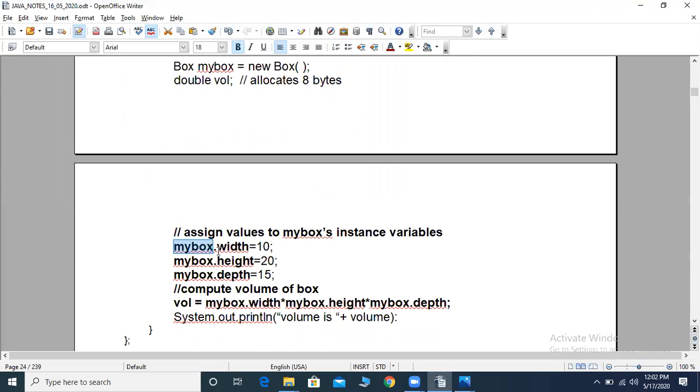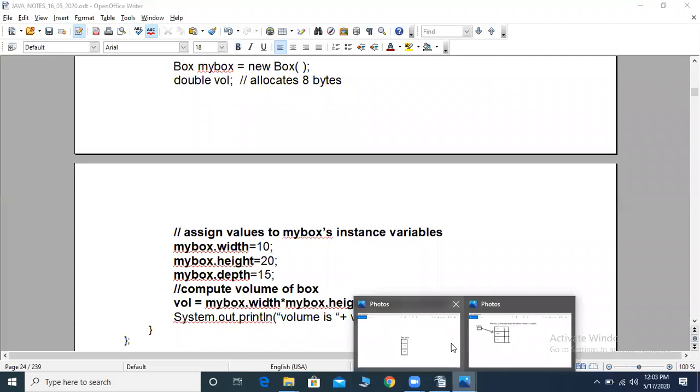Here myBox is an object, the dot is an operator, width is a data member, and 10 is a value. In this way we can assign the value. Then myBox.height = 20, so we give value 20 for height, and myBox.depth = 15, so we give value 15 for depth.